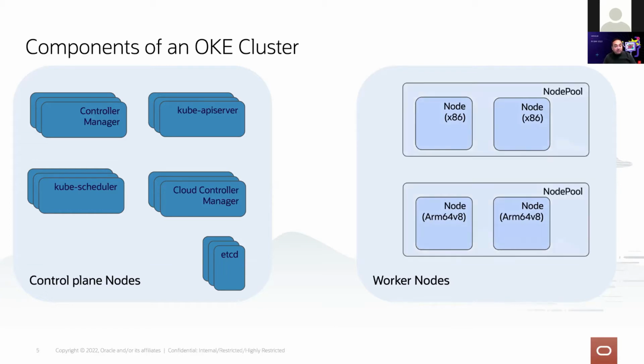So coming back to OKE's structure, OKE has this notion of a node pool. A node pool basically collects nodes of the same type, right? It essentially acts as a scaling mechanism. So, in my example, I'm going to have 2 node pools, one x86-based and one ARM-based. And I could say, if I'm running out of capacity on the x86 side, add more nodes to that node pool. If I'm running out of capacity on the ARM side, I want to add nodes to that side, right? And like any managed Kubernetes offering, the worker nodes are customer managed, in the sense that customers